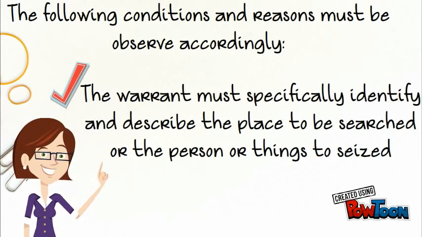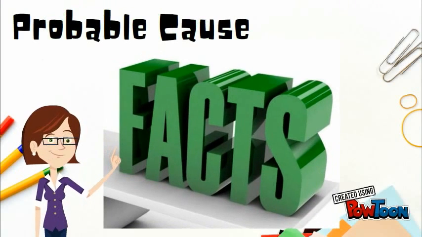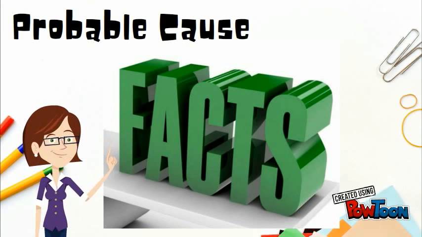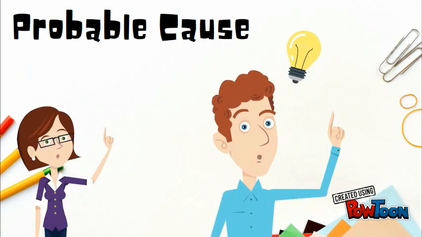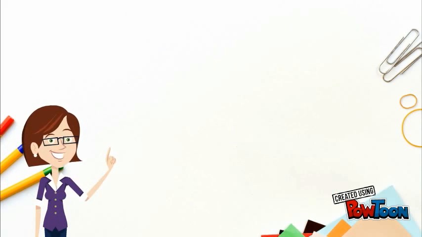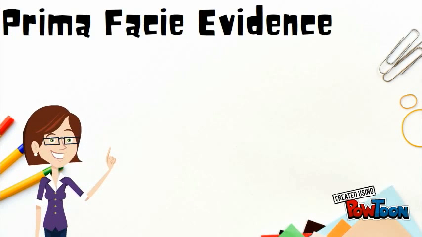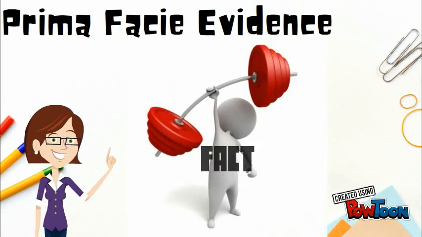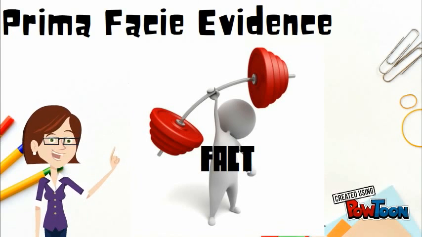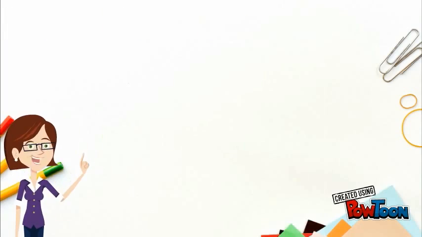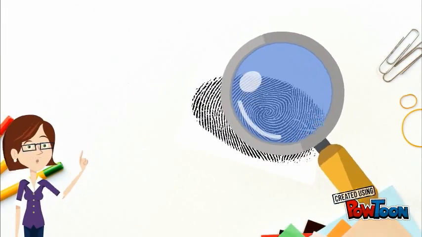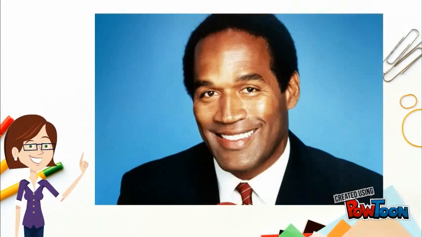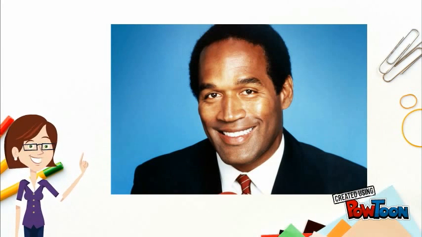Probable cause is facts or evidence that would lead a reasonable person to believe that a suspect has committed a crime. In contrast to prima facie evidence, it is based on evidence of facts so relevant and so strong that it would be hard to dispute or refute. For example, a fingerprint or DNA analysis result pointing to the identity of a suspect is a factual basis constituting